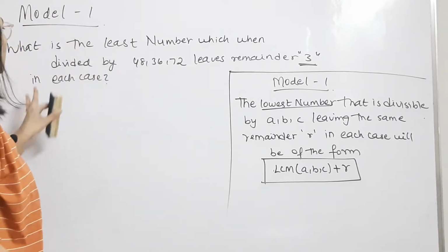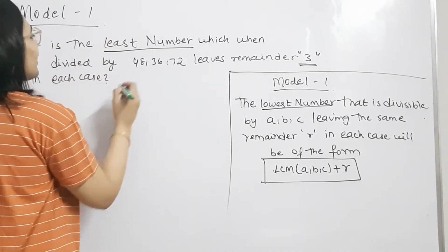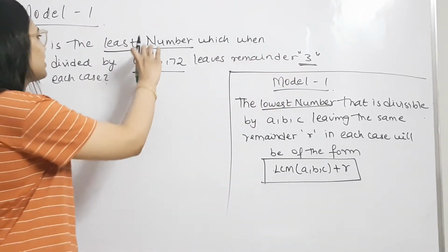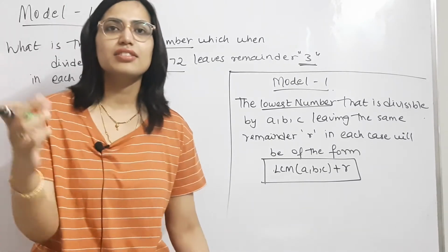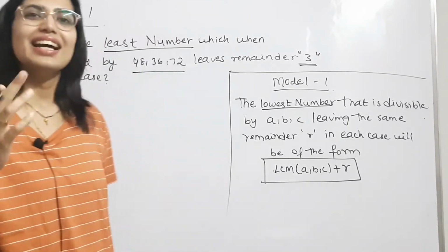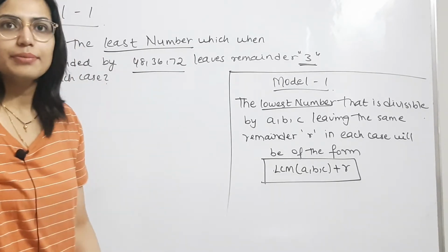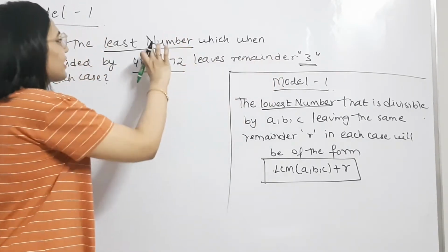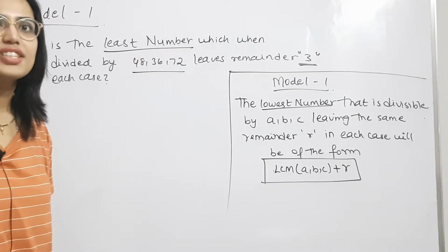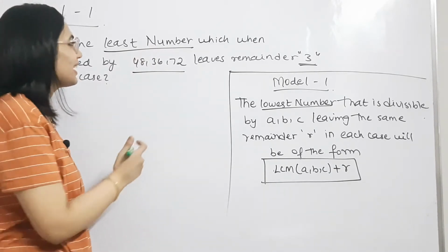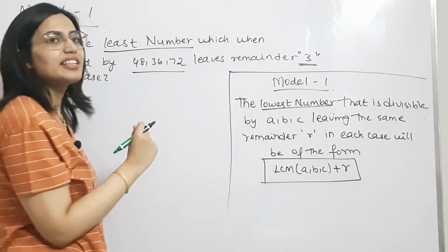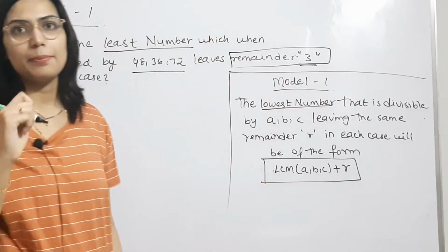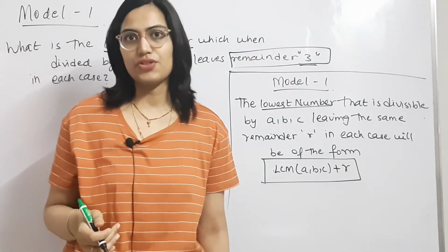The question is, what is the least number which when divided by these 3 numbers leaves a remainder 3? From these 2 sentences itself, the least number when divided by 2 or more numbers, they are asking you to find the LCM first, right? That is very evident. Leave the remainder part aside; you just need to find the LCM when they give you these 2 points in the question. Now, additionally, they are saying that that number when divided by these 3 numbers will leave a common remainder. Here, you need to understand that the remainder is the same when you divide that number by the 3 other numbers, right?